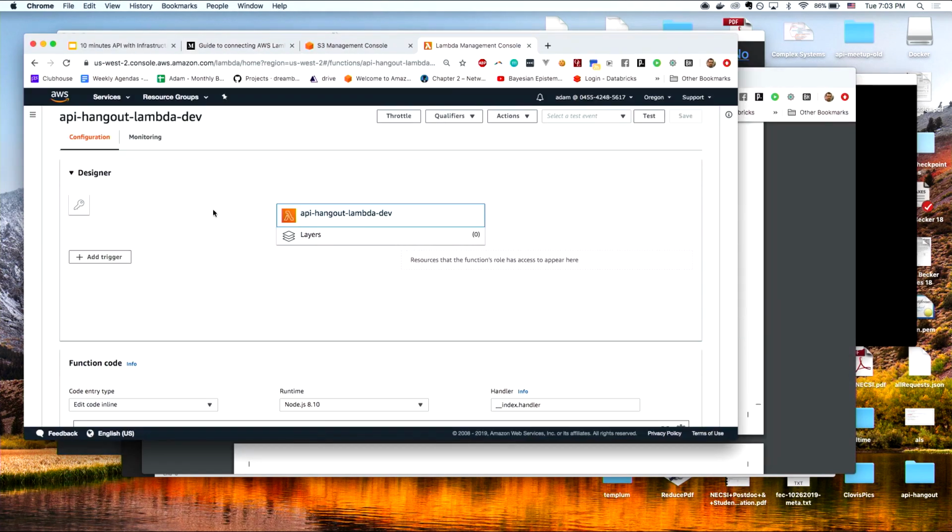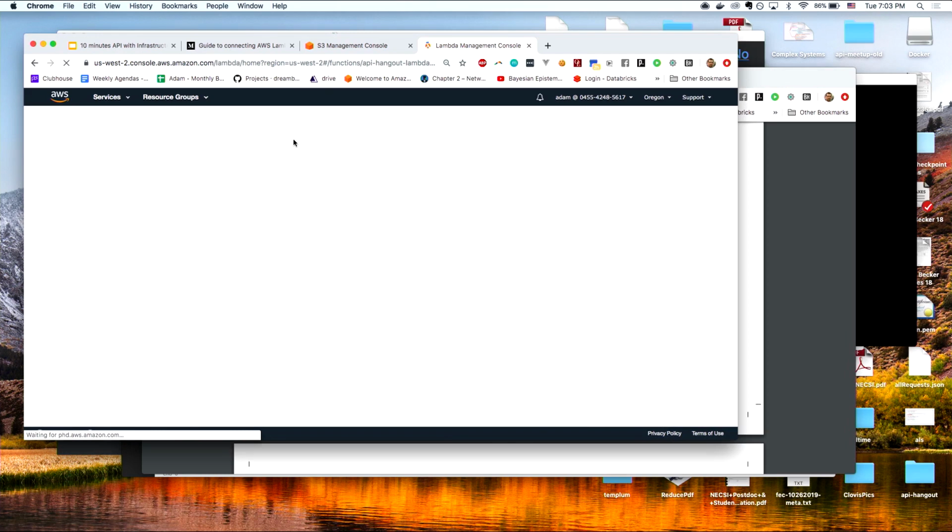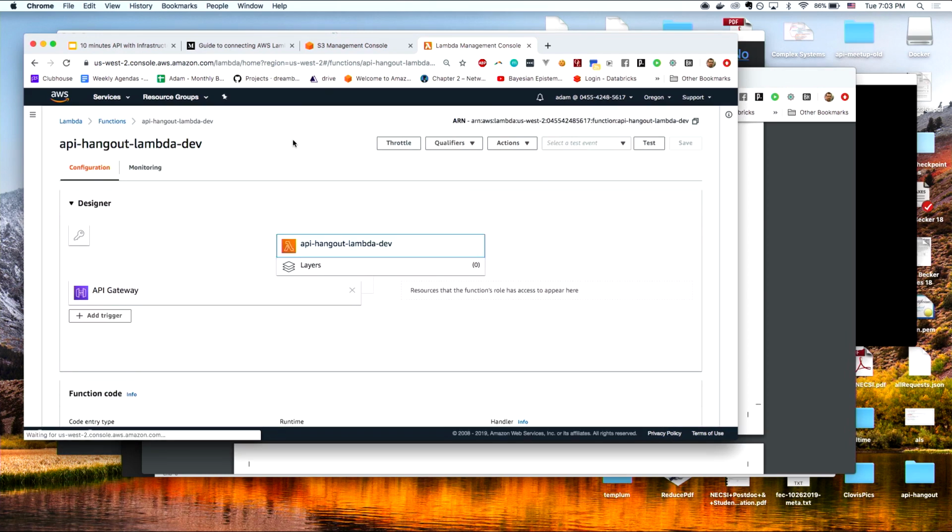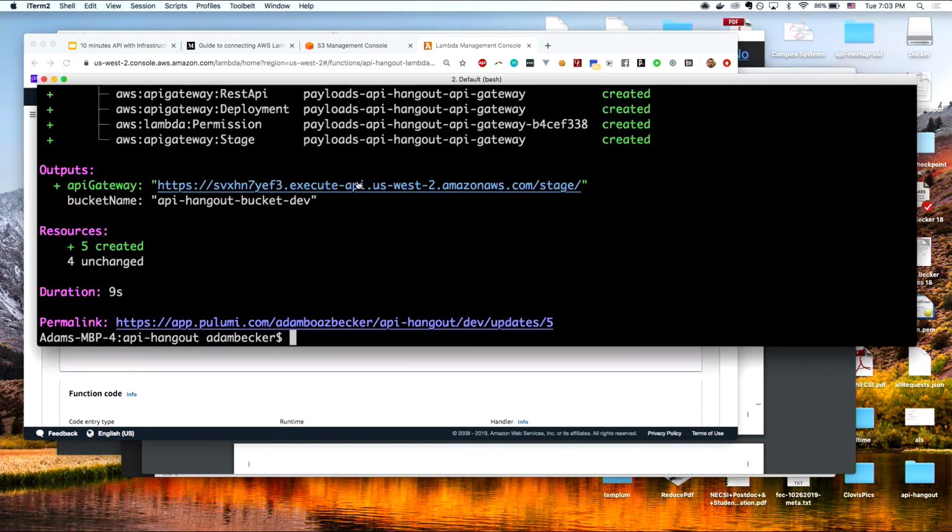And as soon as this is done, we're going to notice something interesting about this Lambda. You can see that now it can be triggered by an API gateway. So this is very nice. Now I actually have a URL that I can copy into, say, Postman, and then just post whatever payload to